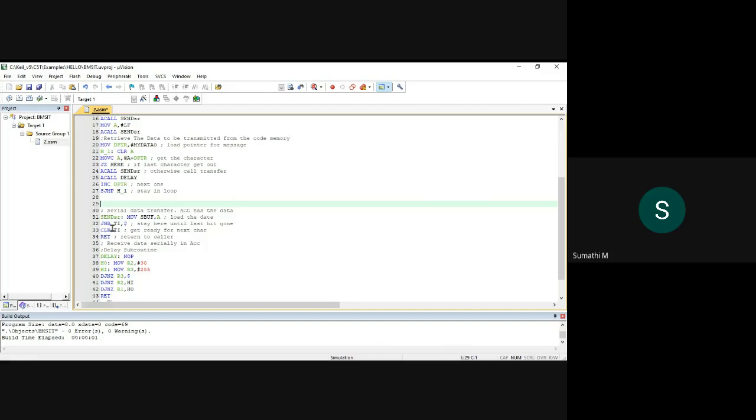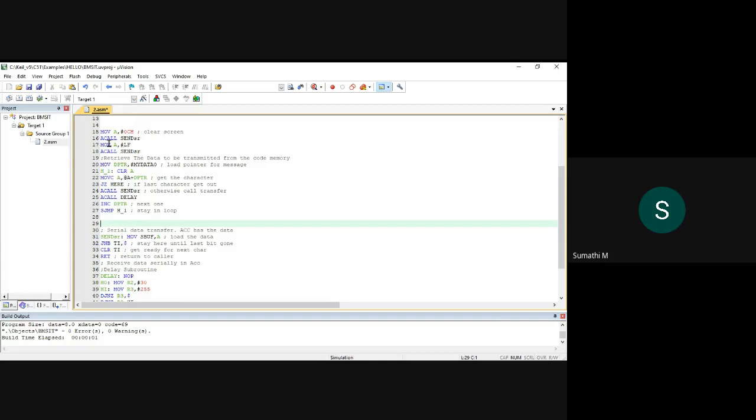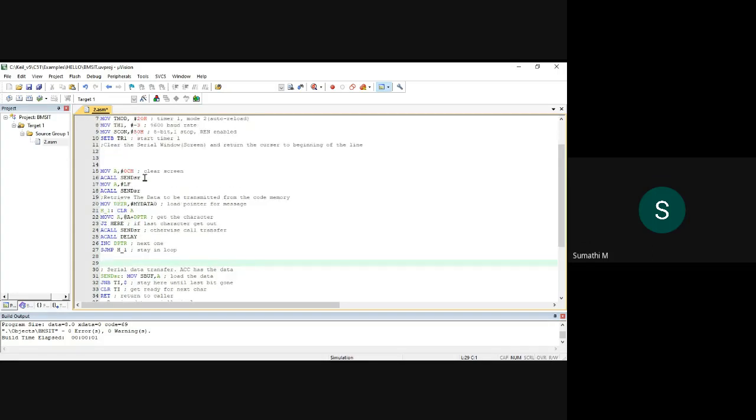Now next I start the timer. Whichever timer I had selected, I start it. It is an 8-bit value, and whenever it reaches the maximum value, the timer has to set the TF1 flag. This you are already aware of. Whenever it reaches its maximum value, the 8051 sets TF1, so manually we clear TF1 and we return. When it returns, it comes back to the previous point, here.